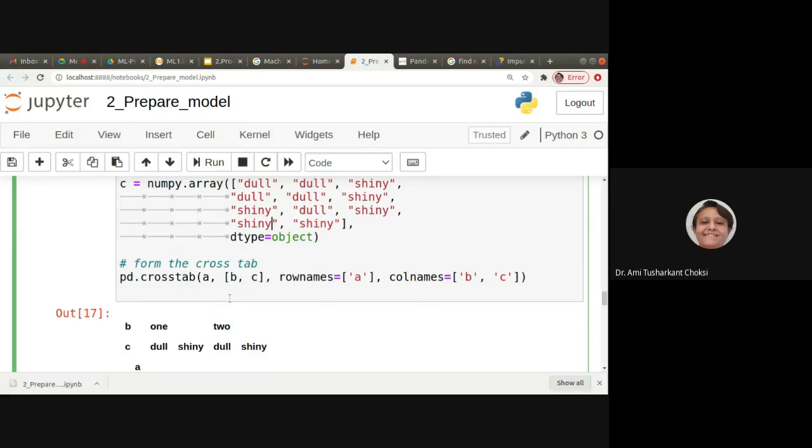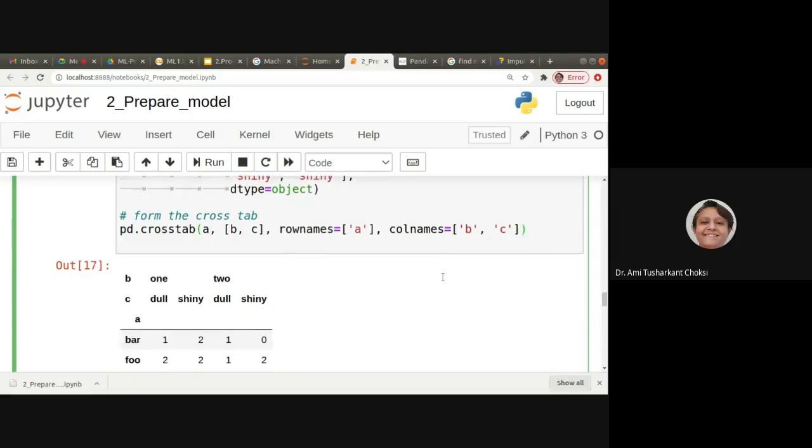So I am using pd dot crosstab. What is pd? When we imported pandas, we wrote import pandas as pd. So pd dot crosstab. Now we want A and B, C, with which we want to find the relation. So we say row names is equal to A and column names is equal to B, C.